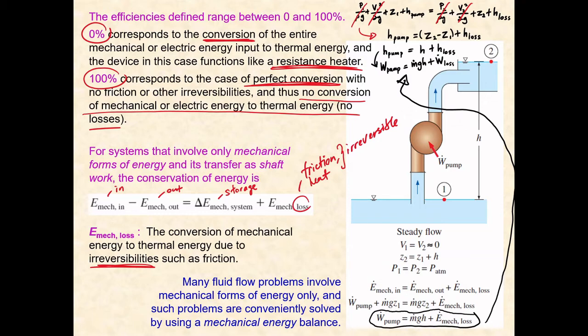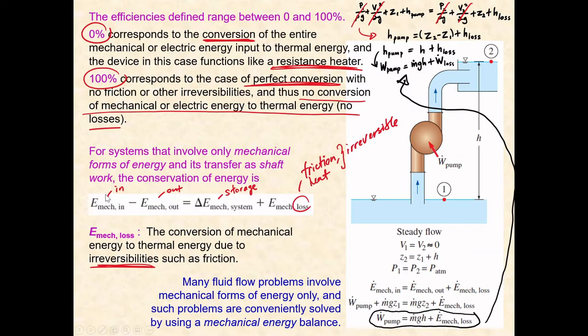All the energy, let's say you provide 100 watt, being converted to other forms of mechanical energy directly. No loss in any way. So it's a perfect system if you get 100% conversion. Of course, in reality, we get between 0 and 100%. Right? For systems that involve only mechanical forms of energy and is transferred as shaft work, the conversion of energy